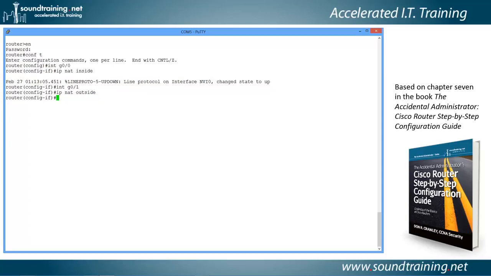We now have to create our access control list. This is a simple access control list. It's an extended list with the command access-list 100 permit ip any